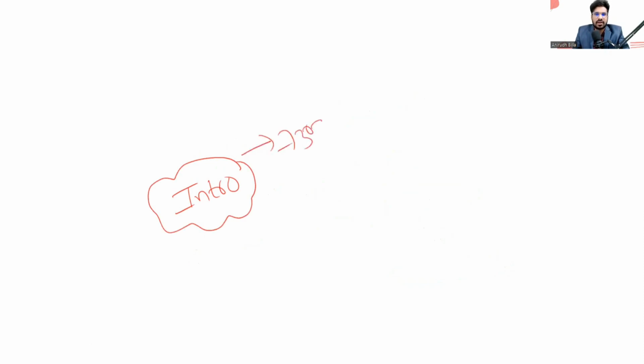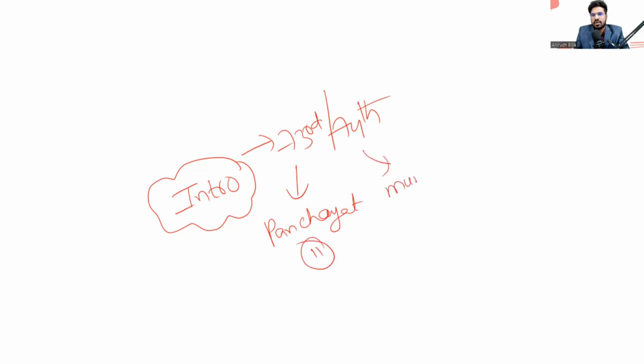For example, let us see some intro about this. What you can write as an intro. I'll show you one best model answer. But before that, let me tell you some idea. In the intro of 73rd and 74th, everybody knows that the 73rd Constitutional Amendment Act talks about Panchayat, right? Panchayat and Schedule 11. And in the 74th Amendment Act, we have brought municipalities, right? Municipalities, which were covered in Schedule 12.